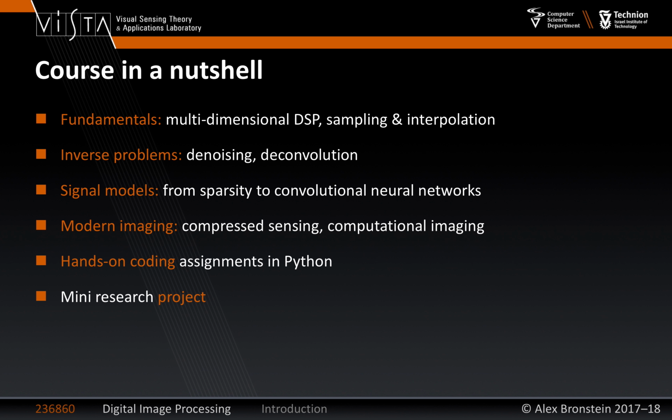We'll do a very quick overview of different models, starting from very powerful ideas that have been around for about 20 years, like parsimonious representations, like how to represent an image or a signal sparsely in some dictionary of prototype images. And then we'll see the connection between these techniques and modern deep learning techniques, for example, convolutional neural networks. Then I will show you some modern approaches to sampling and to computational imaging in general. I will say a few words now in this introduction.